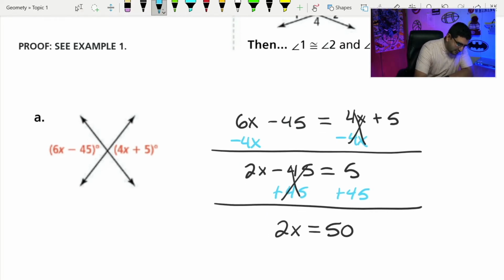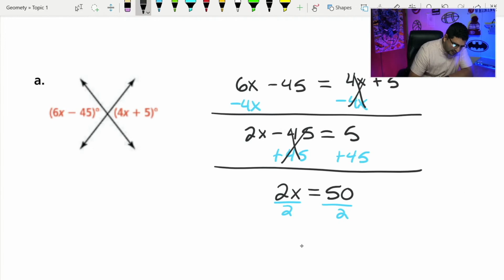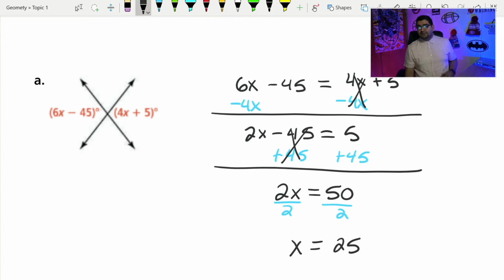I can solve this simply by dividing by 2 on both sides, leaving me with x equals 25. So now I know the value of x. If I want to know the value of the actual angles that I see here, I'm going to have to plug it in. So I'll get 6x